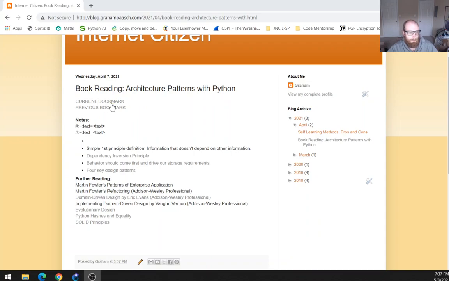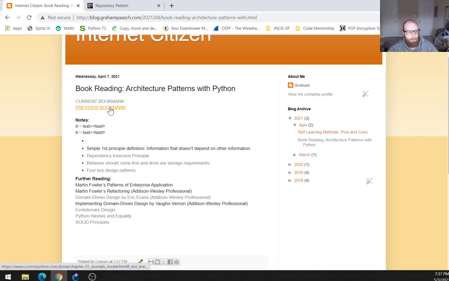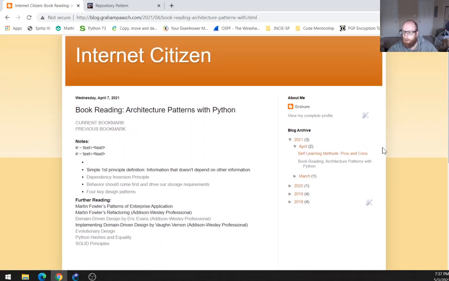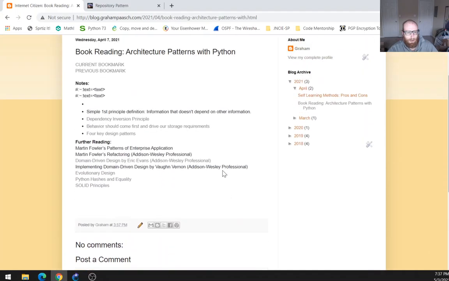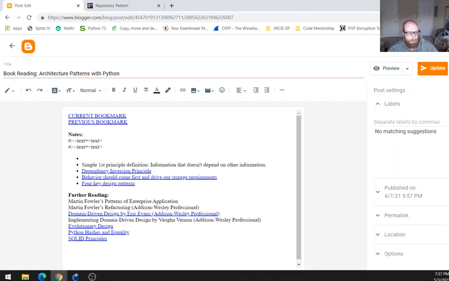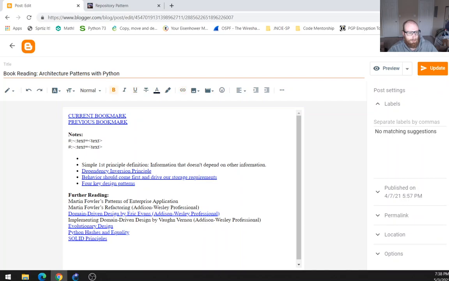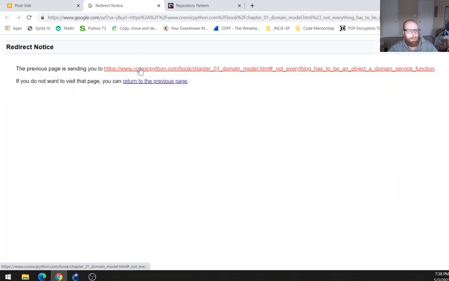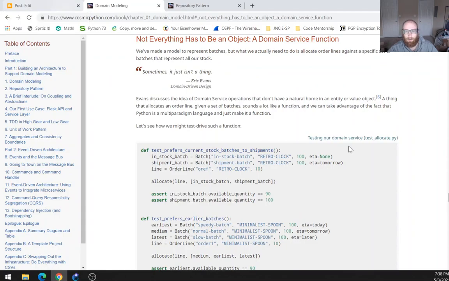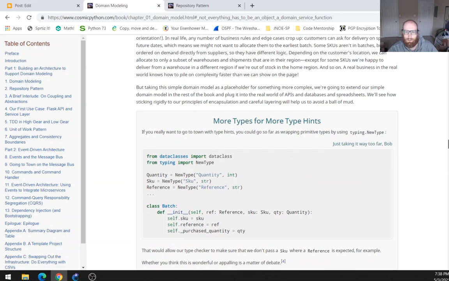First thing I'm going to do is move the current bookmark down to the previous bookmark. And then I'll start the reading from here. But before I do reading, I'm going to be going through the examples from the previous chapter, trying to get those to work. So, you know what? I'm going to actually click on this because that'll take me right to where I was before. There we go. And now we can see all of these examples. There are even some before. So what we'll do is we'll just go through and,